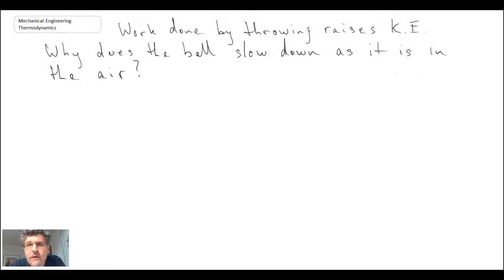And we do know that it slows down, and the reason for that is we have air drag on the baseball. And the air drag will slow the baseball down because of the drag force. So to answer that, we know that the answer is air drag. So let's take a look at what is happening as part of having air drag on a ball that is